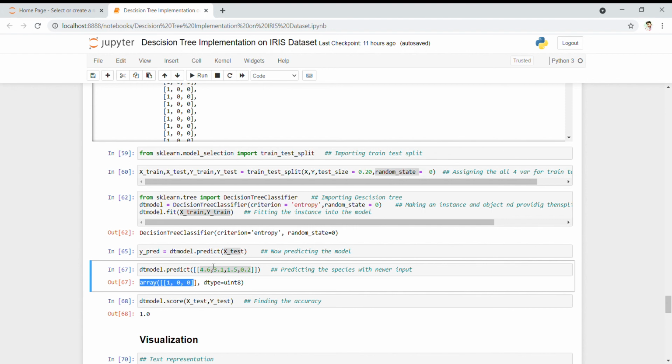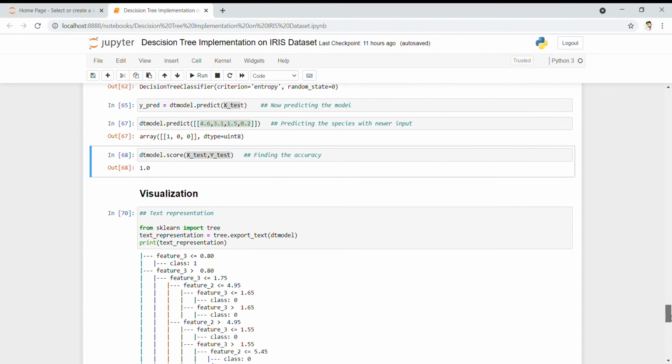After fitting the model and predicting, now we will check the accuracy. Accuracy is most important to check, as it tells how my model is performing, what is the accuracy of the model that I have fitted. For finding the accuracy, we will provide dt_model.score with X_test and y_test, and then run it. It is giving me an output of 1.0, which means it is 100% accurate. So it is good to go for another process now.